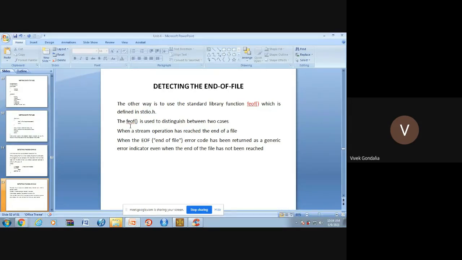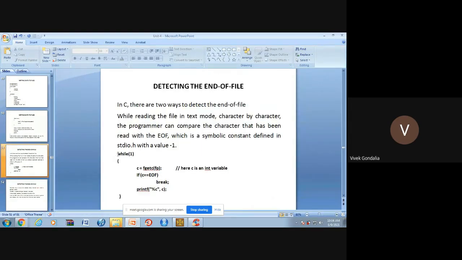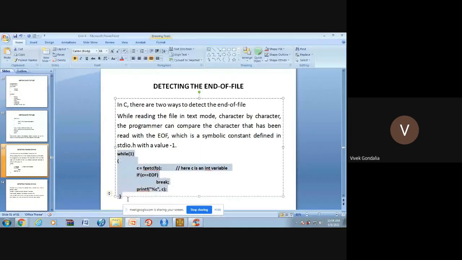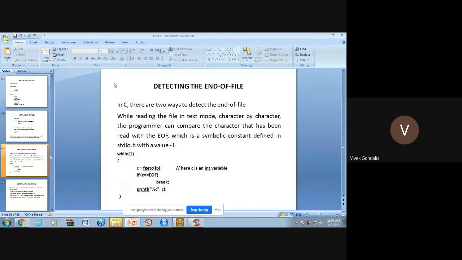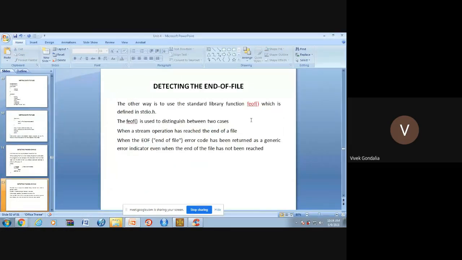Clear? So if you don't want to use this code, this is the manual way to find the end of the file, and this is the function. By using this function, you can identify your end of the file.